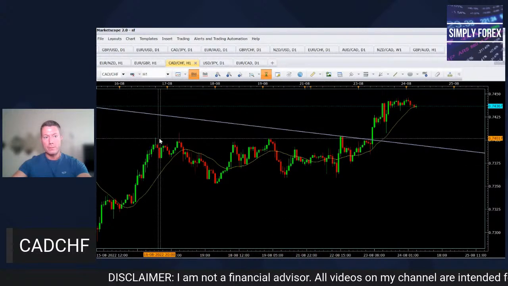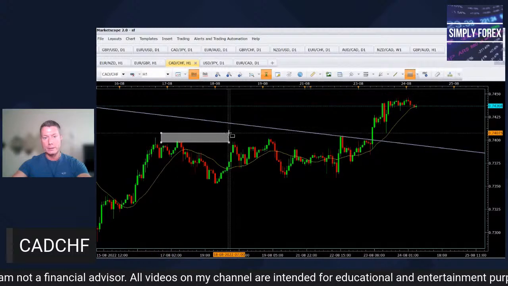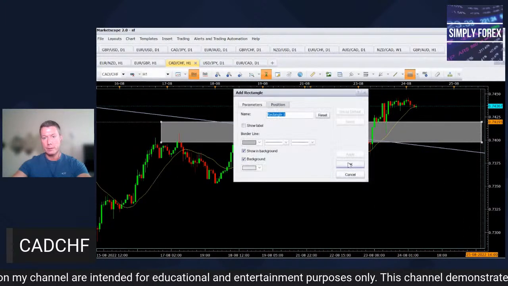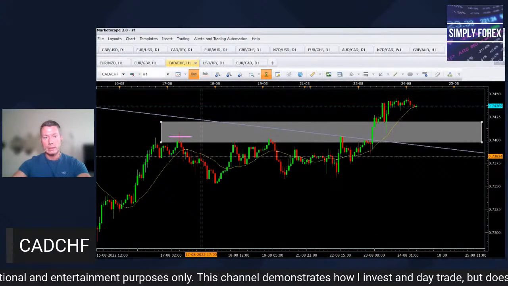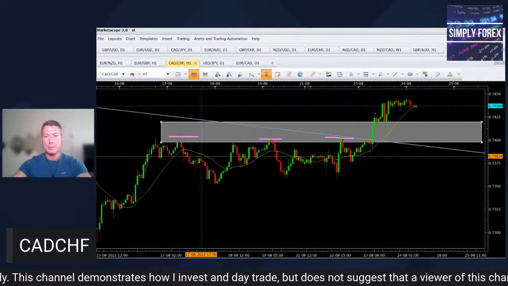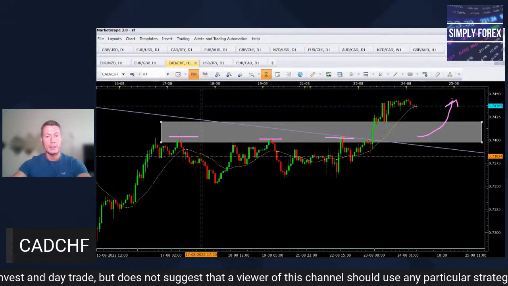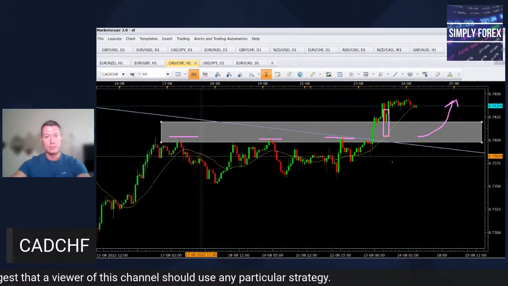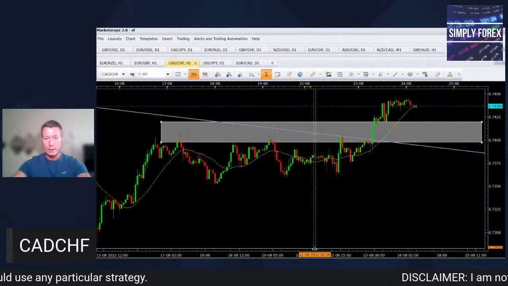Okay. So for me, as you can see, guys, all of this area here and up to here. Okay. So this is a logical gray zone for me. Yeah, because it was once resistance, and now it's come back down, and it has the potential to become support and go up from here. Okay. As you can see, it reacted already with this green candle here on the H1 chart.